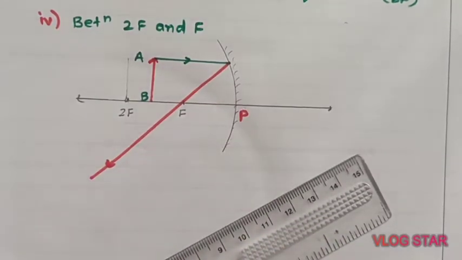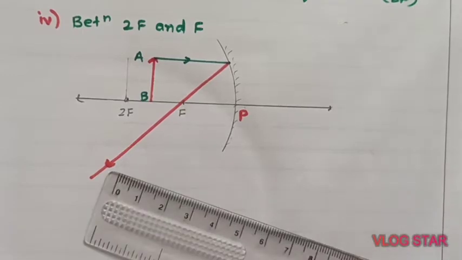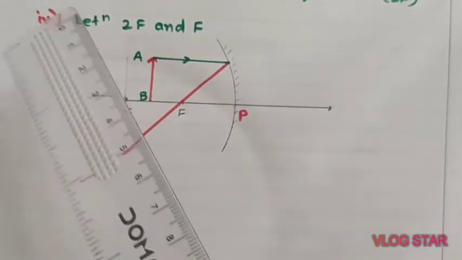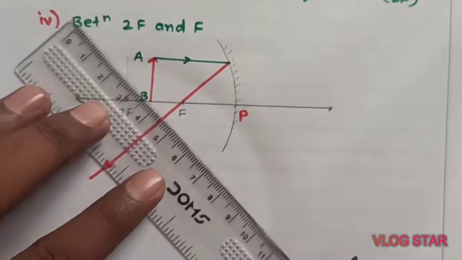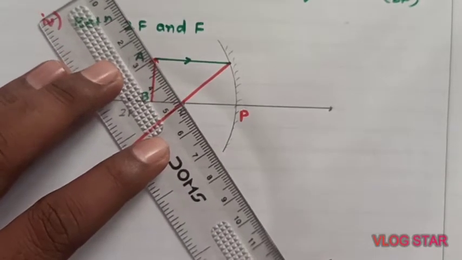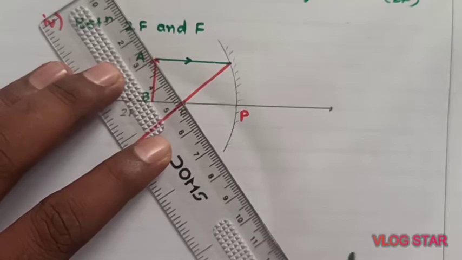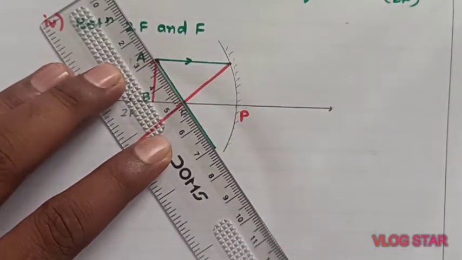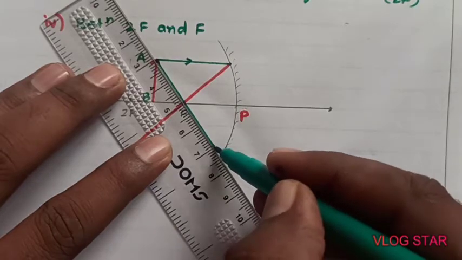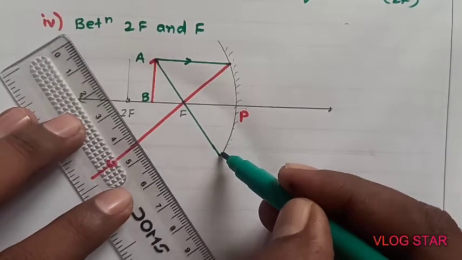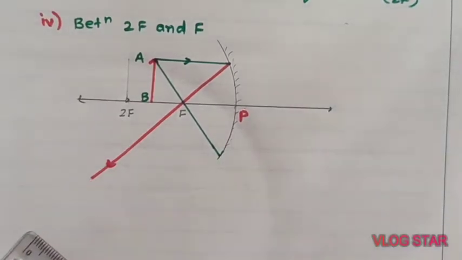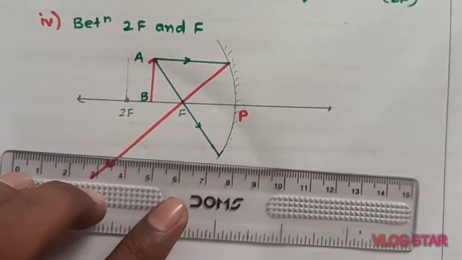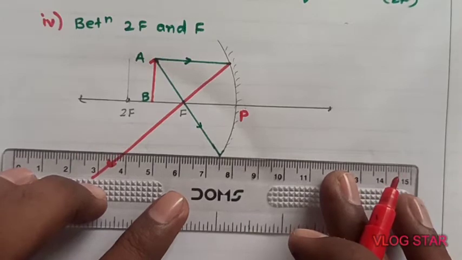So secondly, you can take a second incident ray. Still we have not used the center of curvature. So the second ray we are passing through the focus for our convenience. So here is the second ray, but still this is short. You can imagine the mirror is still here. So the second ray falls here, incident. So the reflected ray will be parallel.